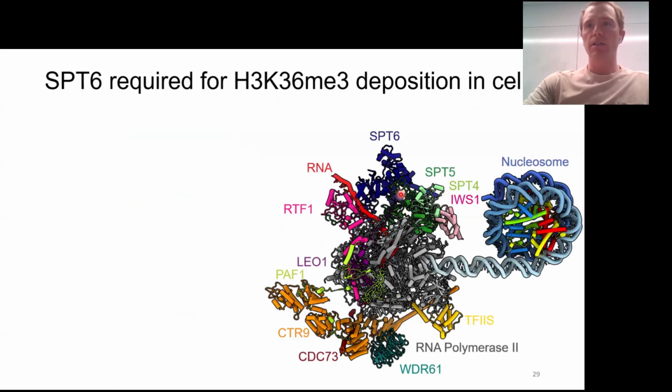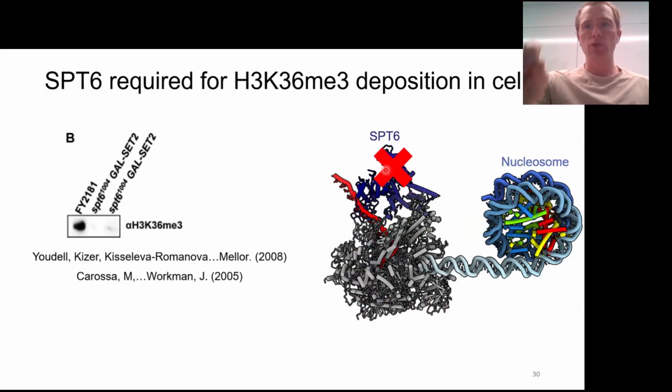only is transcription associated, or not only is SETD2 associated with transcription, but some cell-based studies have suggested that it relies on specific transcription elongation factors. So now I'm going to ask you to pay attention to this SPT6 factor, which is colored blue right here, because previous work has demonstrated mutations in just SPT6 leads to global loss in H3K36 trimethylation. And recently,